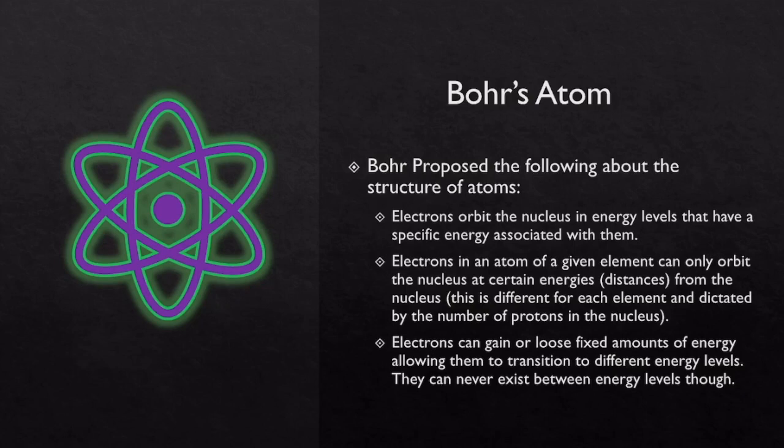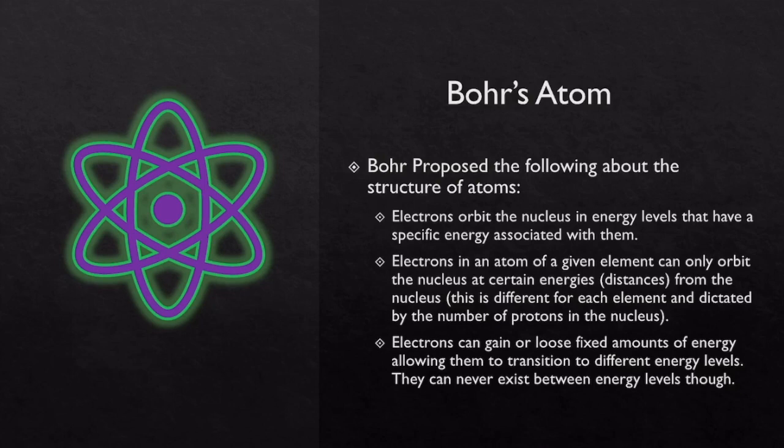And he said that those electrons in an atom of a given element can only orbit the nucleus at certain energies or distances from the nucleus, and that these distances are going to be different for each element. And this is based on the number of protons in the nucleus. The way that they interact with the electrons will pull them closer to the nucleus in some elements and farther from the nucleus in other elements. But whatever element it is, it's going to have its energy levels at unique distances or energies